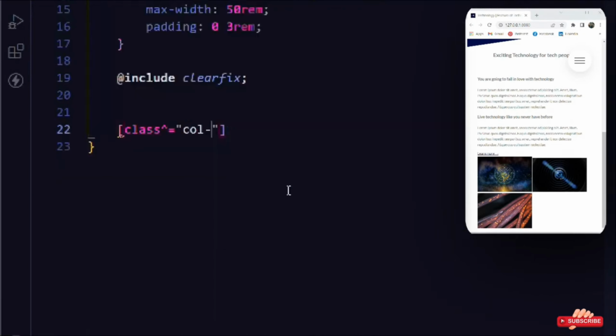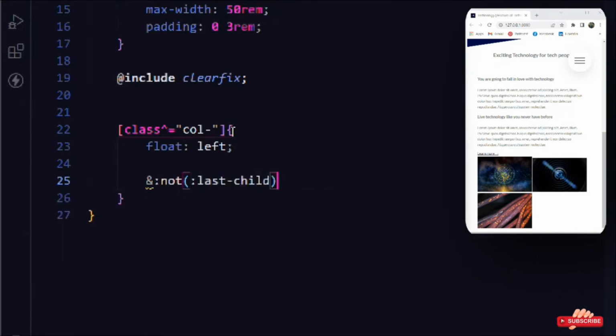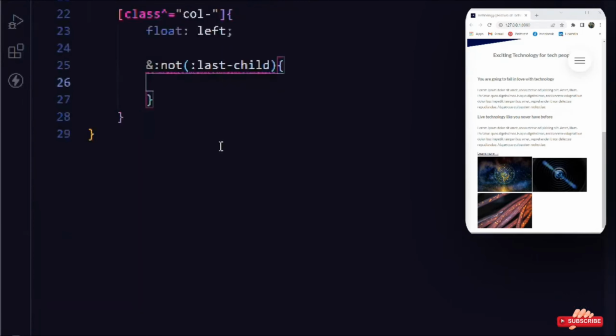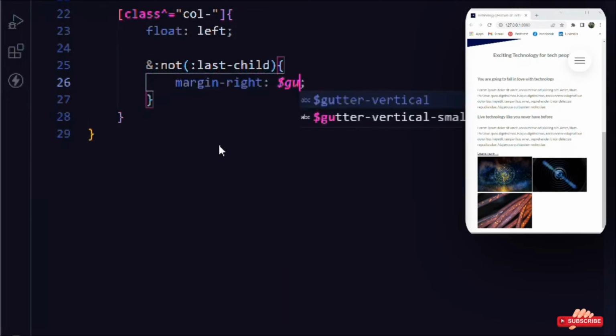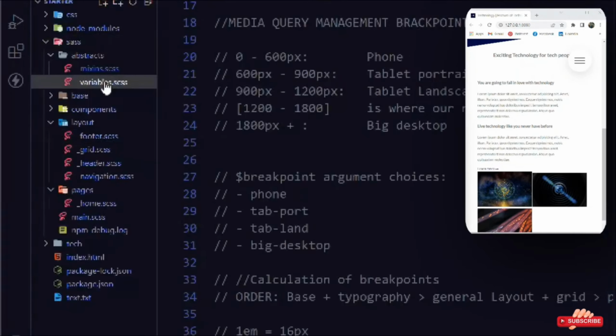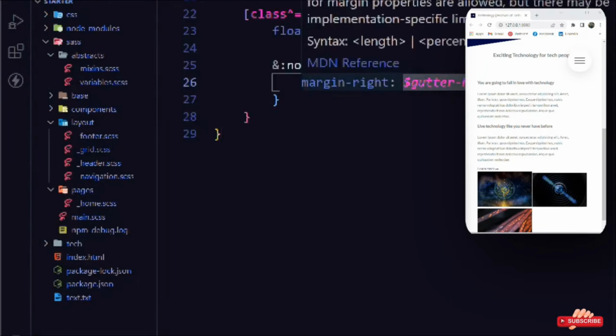Okay, float is going to be left, not last child. Margin right is going to be our gutter horizontal. So here we have this value, gutter horizontal. Simply replace this one. Okay,